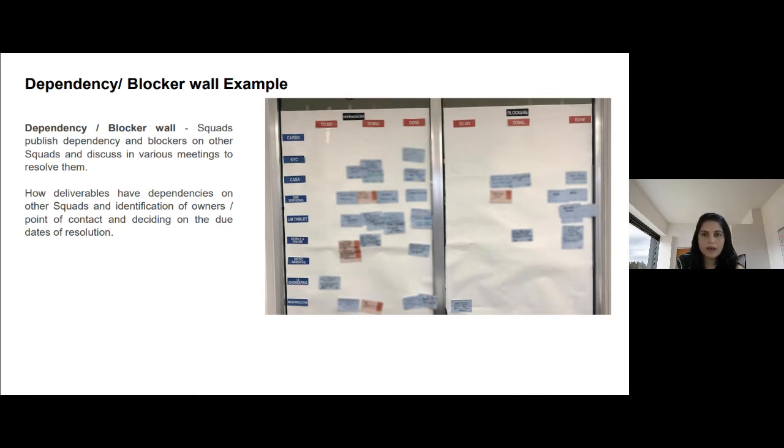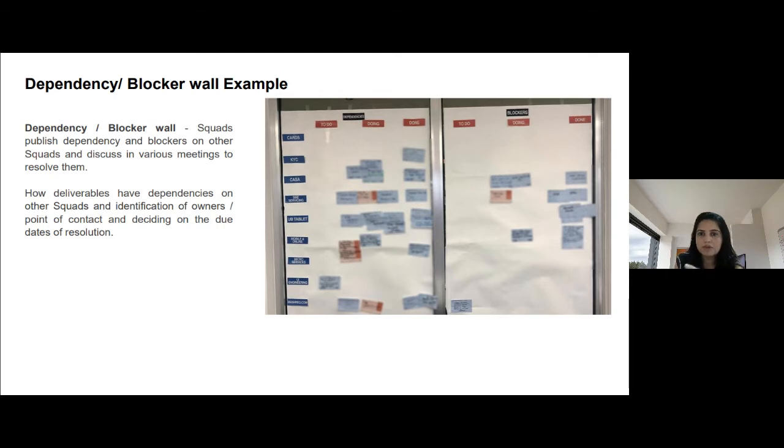Okay. Now an example of the dependency wall. So the dependency wall has dependency and blocker. We have divided this into two. All the squad names are on one side. Then to do, doing, and done, which shows what things are in doing, where people are working on it, and what things are done, even in dependency and blocker. And then in the next SOS or next week when you go into it, you will update it or change it. This is actually real time, which product owners do.